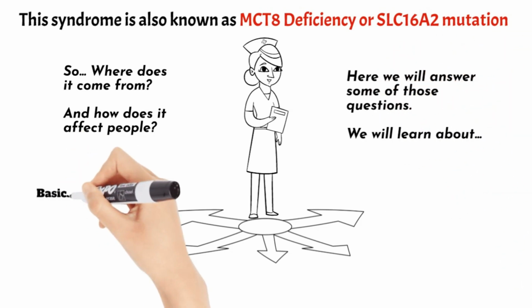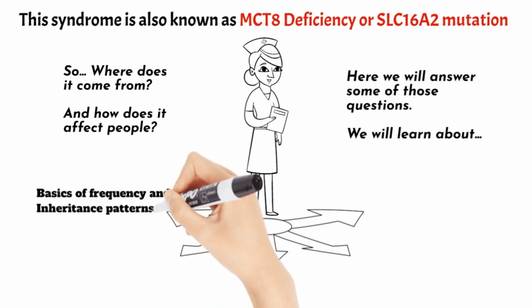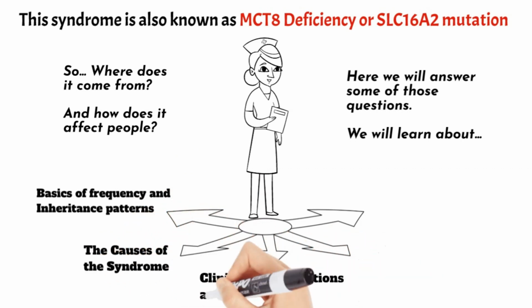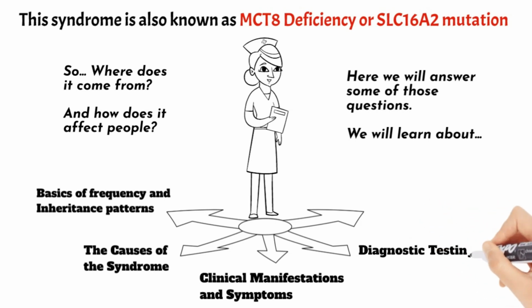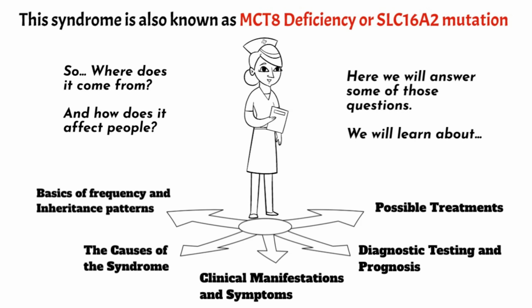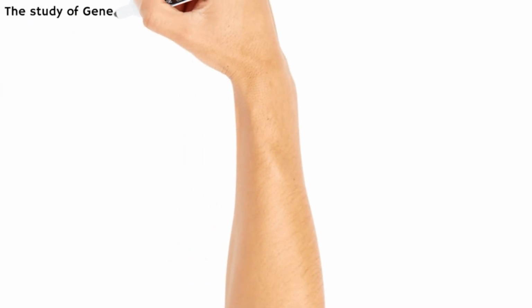Here we will answer some of those questions. We will learn about the basics of frequency and inheritance patterns, the causes of the syndrome, clinical manifestations and symptoms, diagnostic testing and prognosis, and possible treatments. The study of genetics is very complex, but here is a quick review of the principal parts that help us